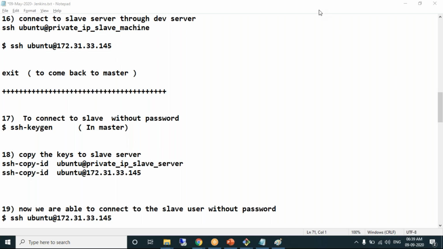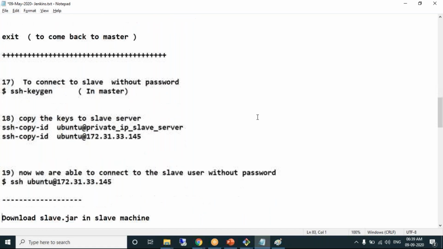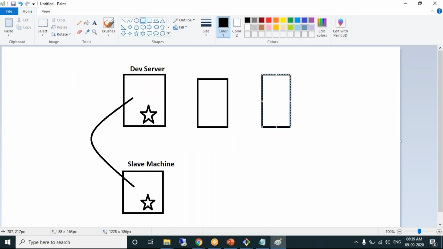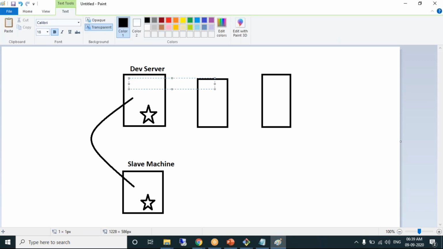As we are now done with the second step of master slave configuration, establishing passwordless connections, next. When you install Jenkins in the dev server, by default there will be a file called slave.jar.